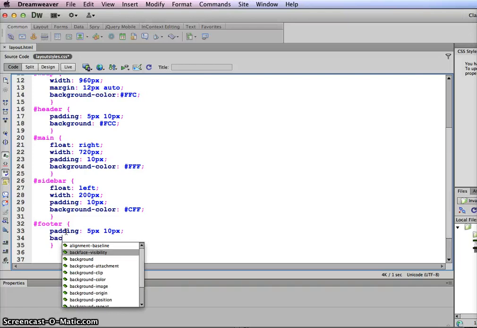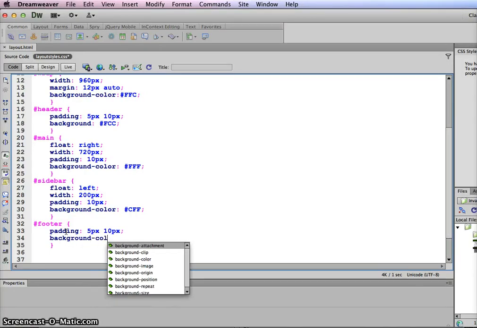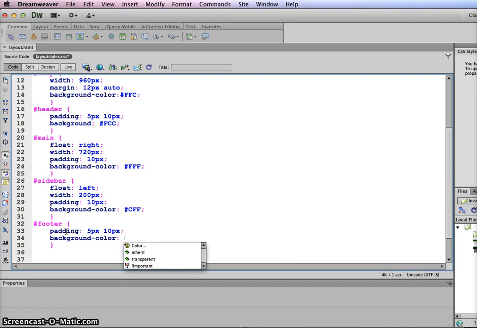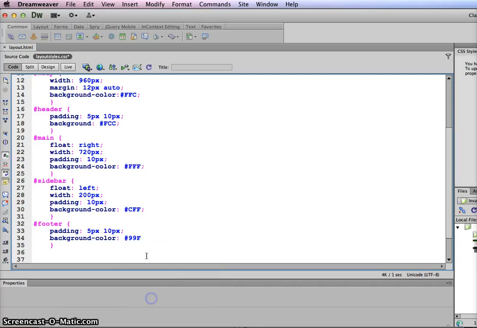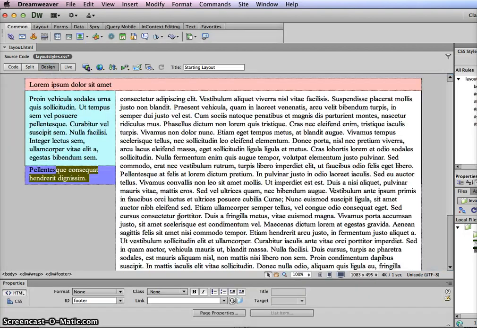And background-color. Doesn't work if you don't spell it right. And go with that. So when I go to design view, now you can see this is my sidebar and